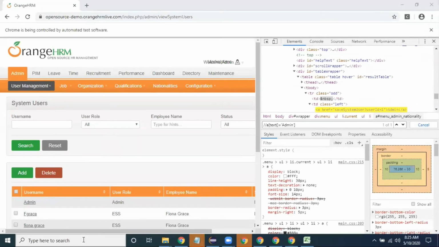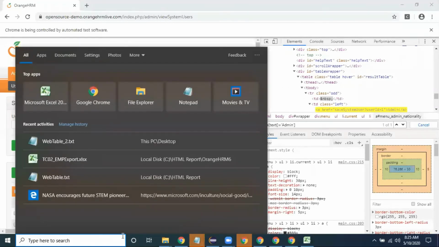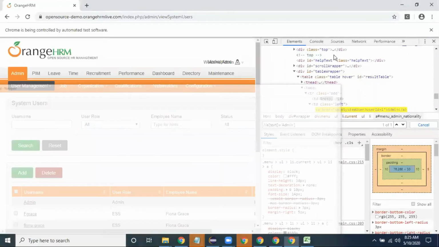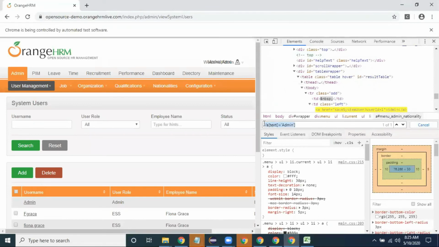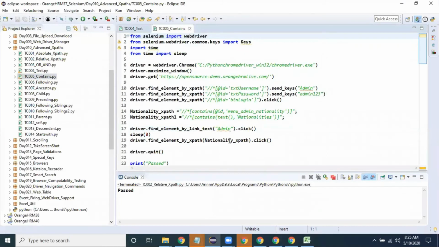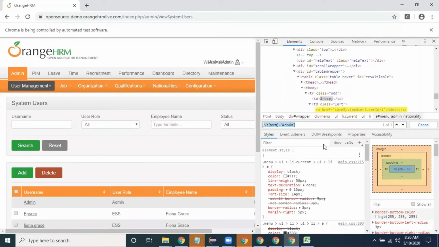So now, after the second logic I will tell you what is the advantage. We discussed text of, the immediate next program is contains. It is also a similar concept. So I'm taking this one, Control C, copy.